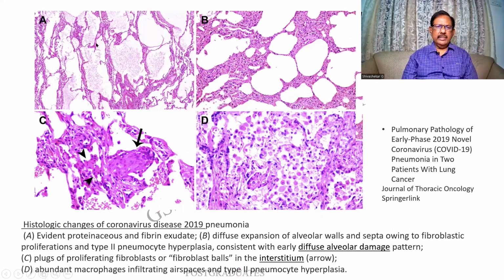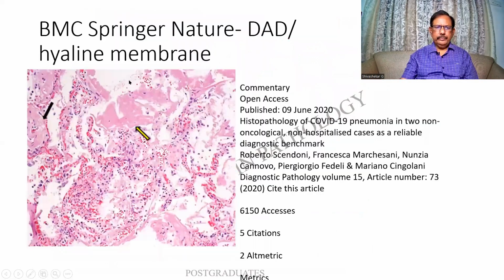So what are all the changes in the lung? One is an edema, two is a distension. Sometimes there can be emphysematous changes which are developing. Again, widening of the interstitial septa over here. There can be plugs of fibroblasts that are seen in this case. Also, a desquamation of the squamous epithelium as well as an infiltration of the macrophages, classical. I hope you people are able to remember the changes thanks to these references.